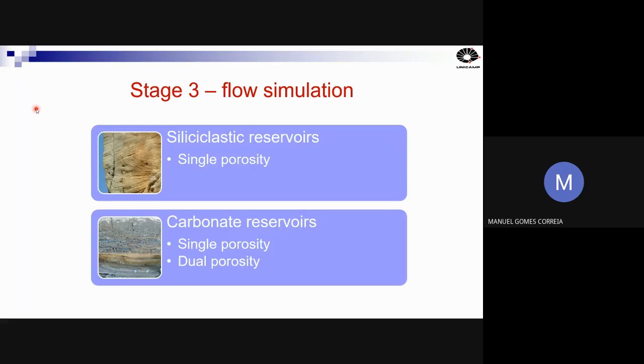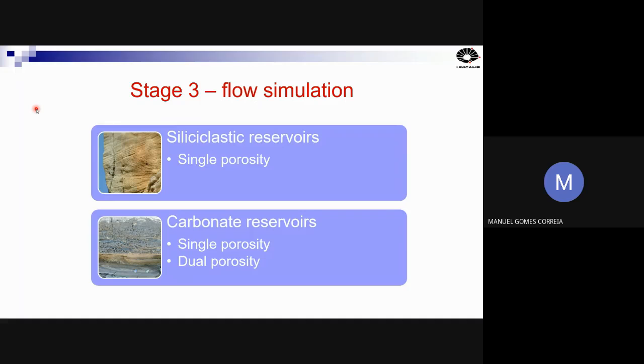So in the clastic reservoirs, normally we have single porosity models. Why? Because the single porosity model is the conventional model in flow simulation. So normally in flow simulation, we use single porosity models. So it is only a grid where you have a porosity, where you have only one permeability, where you have only one net-to-gross. So this is enough to characterize normally conventional reservoirs. However, in carbonate reservoirs,